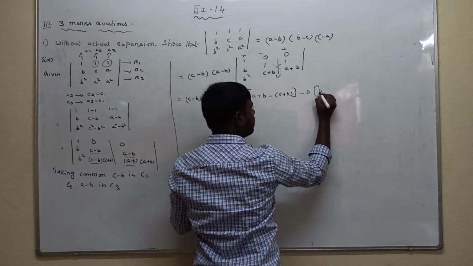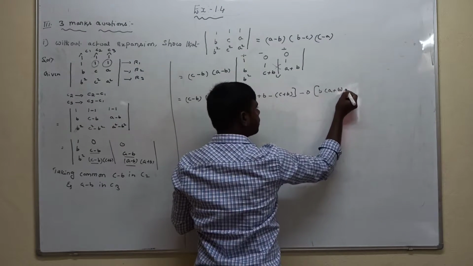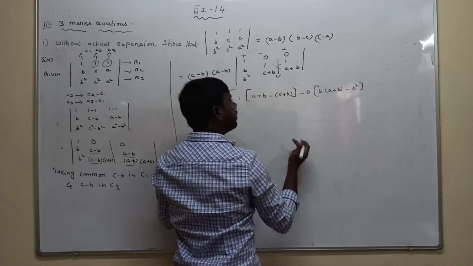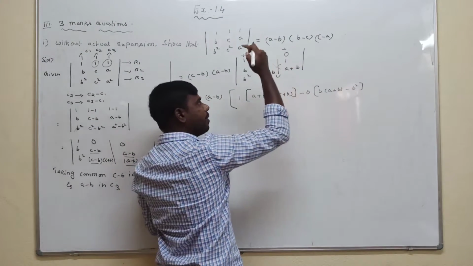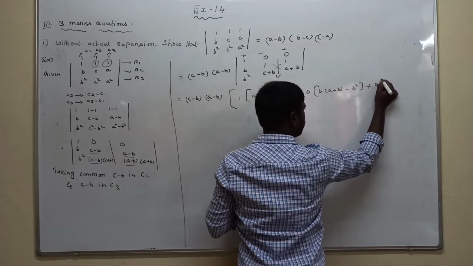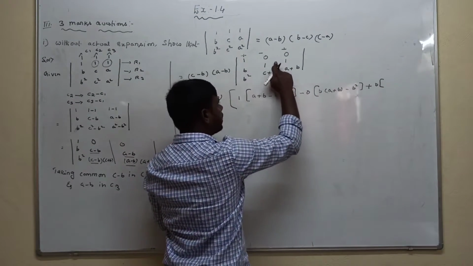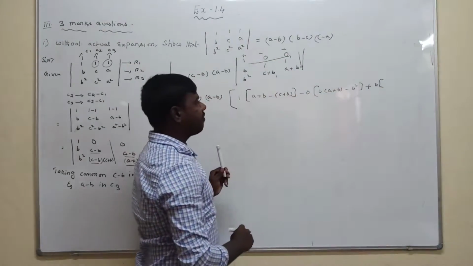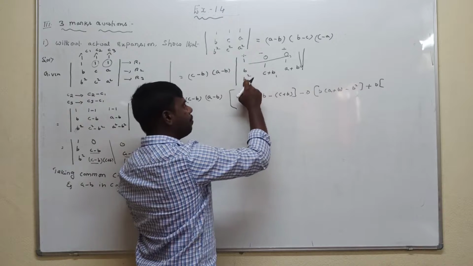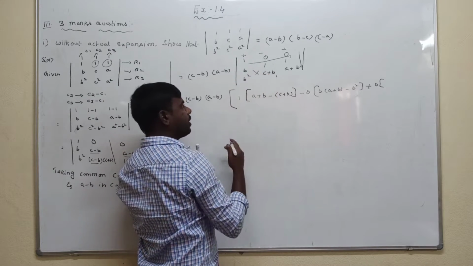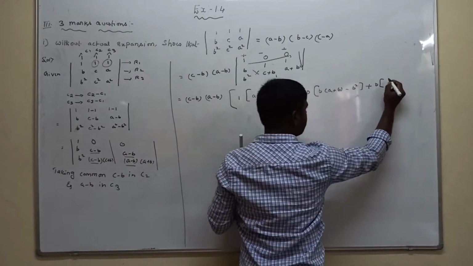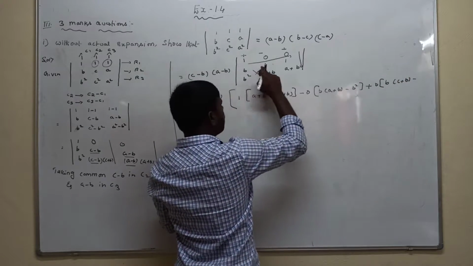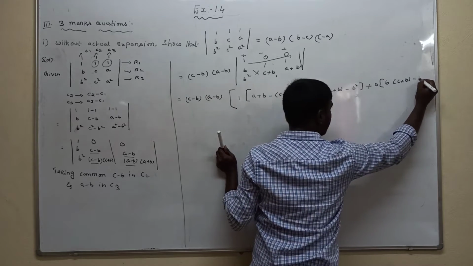b into a plus b minus b square into 1 means b square only. Next, third element symbol is plus, element is 0, plus 0. So now plus 0 is present in the first row, third column, so they are eliminated. Left of the elements are b, 1, b square, c plus b. Now you should apply the cross multiplication method: b into c plus b minus b square into 1 is b square.